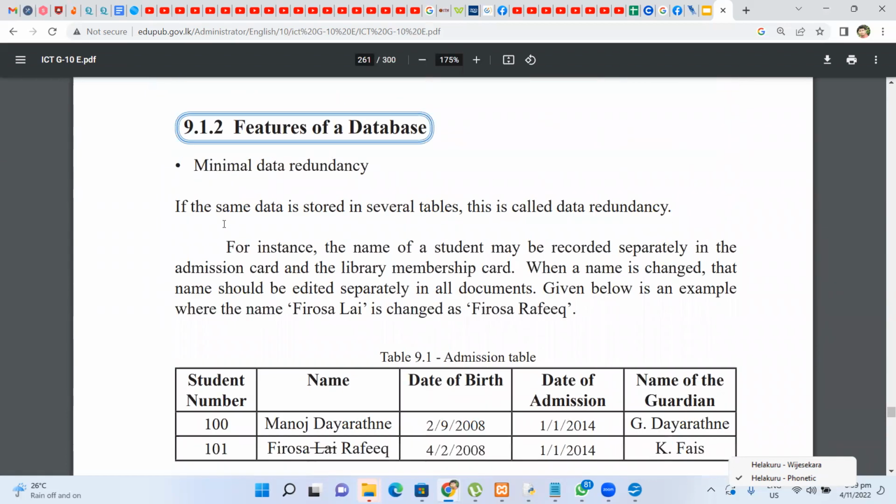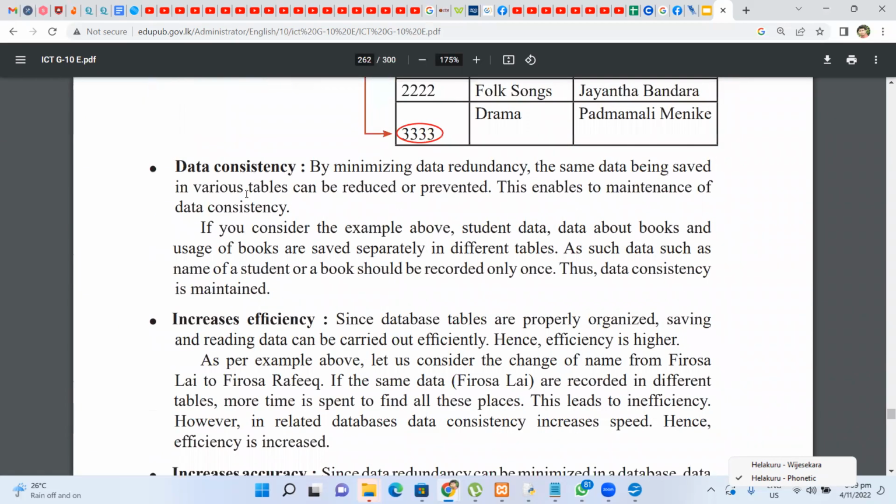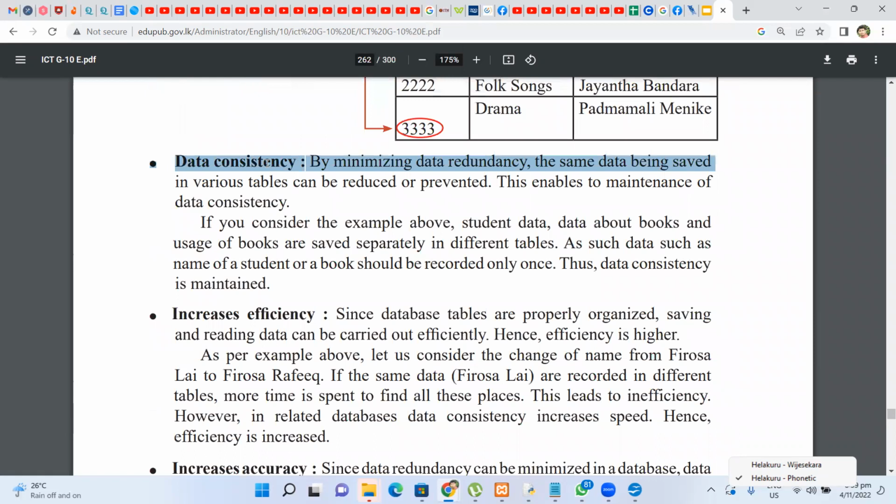So one thing is minimal data redundancy, data is not duplicated. The second thing is consistency. I said about this. Consistency means place to place, different data will not be there. It's always the same data everywhere. So that is called consistency. Consistent, fixed, surely the same data, because you are not keeping different data in different tables. It will be kept only in one place. If you edit that,